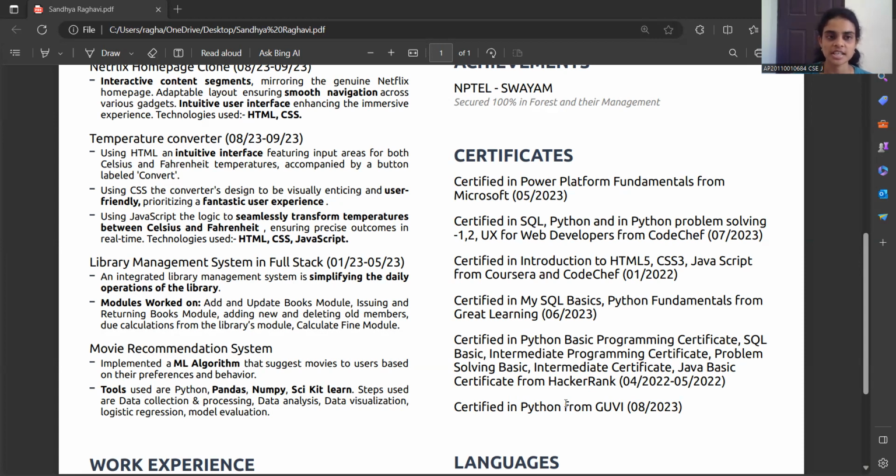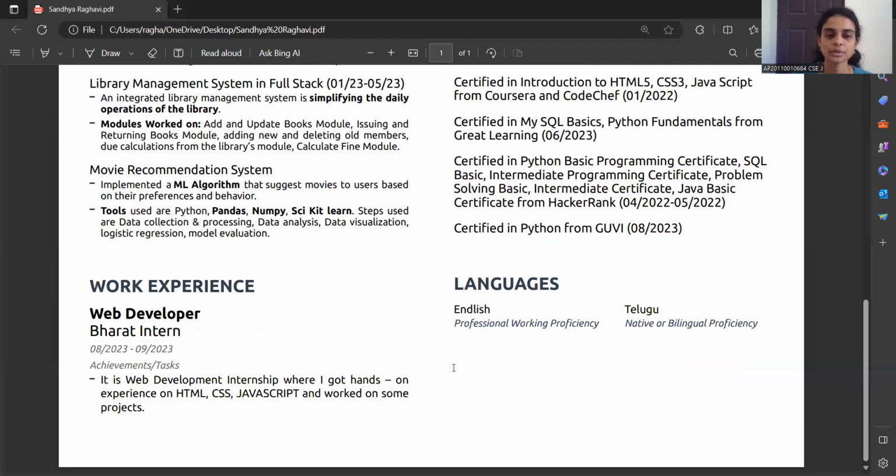The main challenges faced here are data pre-processing, ensuring the data is cleaned, transformed, and prepared appropriately for analysis and modeling. Feature selection, identifying and selecting relevant features that influence movie preferences. Model tuning, fine tuning of the logistic regression model to optimize its performance. Evaluation metrics, choosing appropriate metrics to evaluate the model's accuracy and effectiveness. Overfitting and underfitting, addressing issues related to overfitting and underfitting in machine learning models. The technologies I used here are Python, Pandas, NumPy, and sklearn.